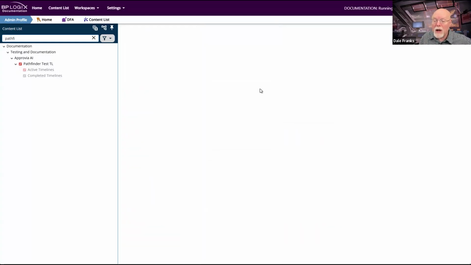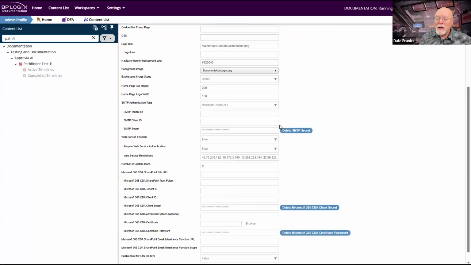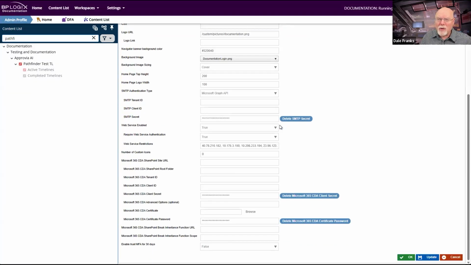Now, the Microsoft Graph API uses a different credentials flow, and I think the last two words of its name are credentials flow, but I don't remember the first one. But it is a new way of doing credentials, and it is a little bit different. You do not log in as a user at all. You log in as an application.